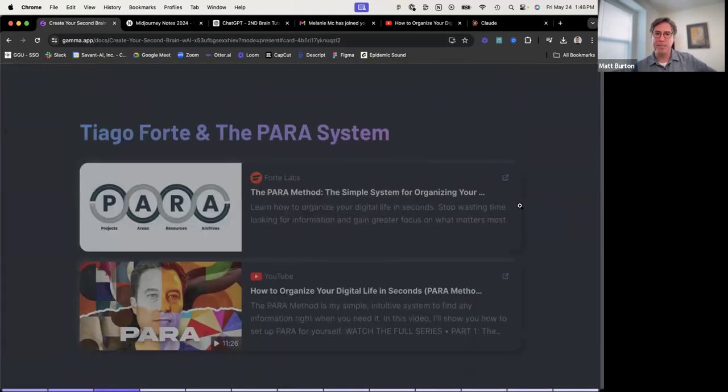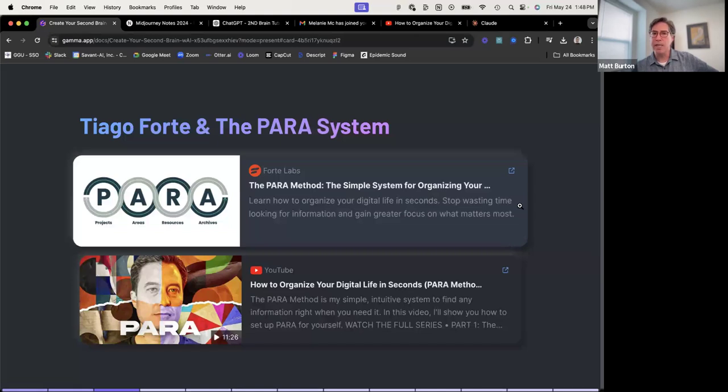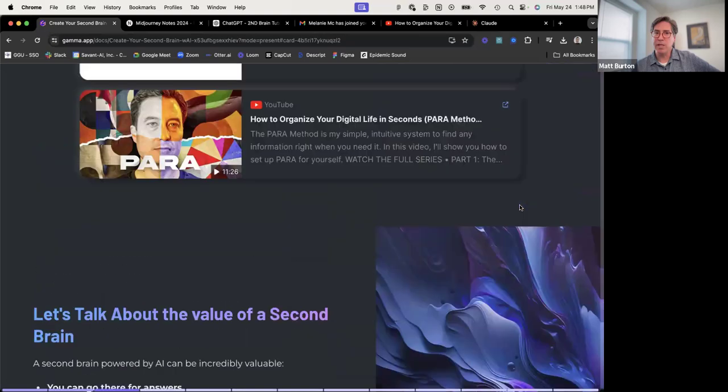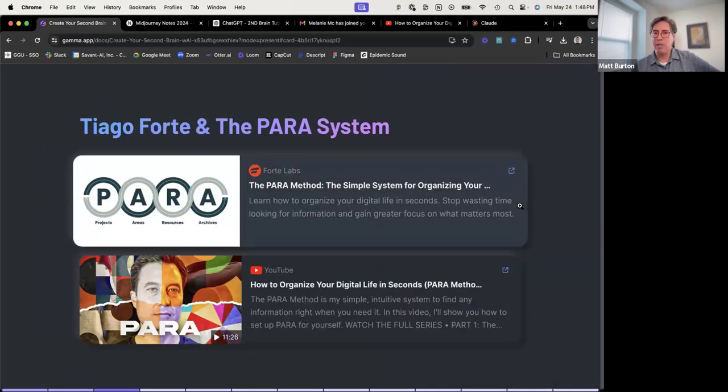Resources to get you on your way. Tiago Forte, I think if this subject interests you, you should learn about him, because he is the person that came up with the second brain phrase. He said essentially we all need a second brain, and he came up with this system called PARA, and PARA means projects, areas, resources, and archives. But I'm going to super simplify that for you and say that you have to focus on what is important now and what used to be important but isn't important now. That's the biggest separation you have to make.